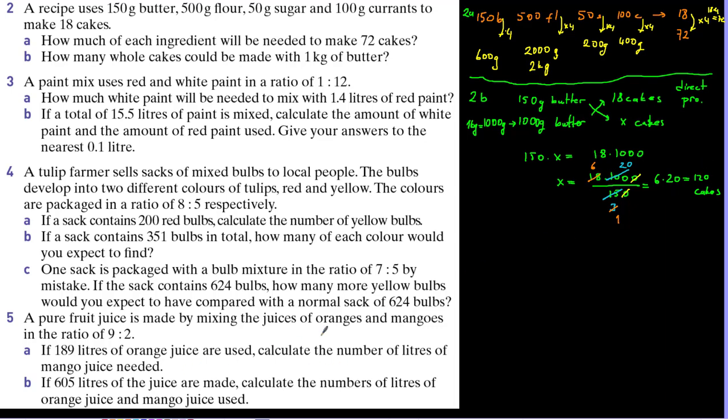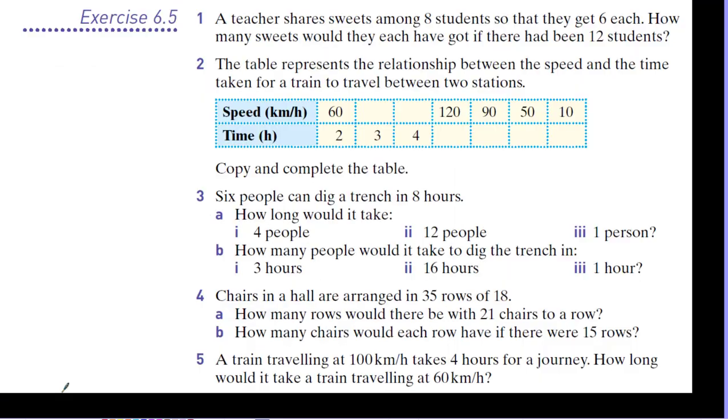Okay, this is the example of direct proportion, and I'm going to choose something from here for the indirect proportion. Here, 6 people can dig a trench in 8 hours. How long would it take with 4 people? Let's say I'm going to solve the 3a here, and this is indirect proportion because 6 people, if they